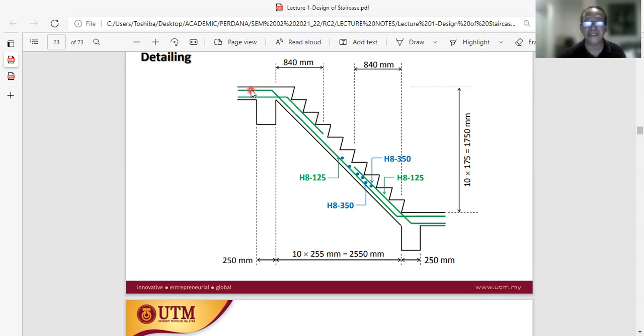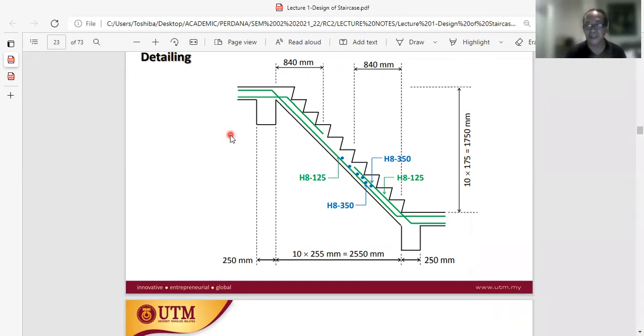There are some missing detailings. If you have a look at the previous lecture, we added another reinforcement over here as the top reinforcement, and over at the bottom part of this to ensure that there is no opening between the reinforcement. And I also mentioned that this particular reinforcement is actually the reinforcement coming from the